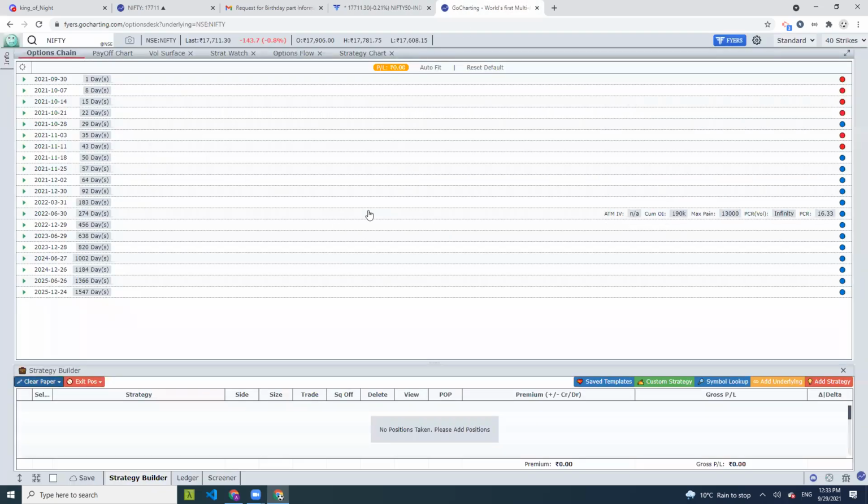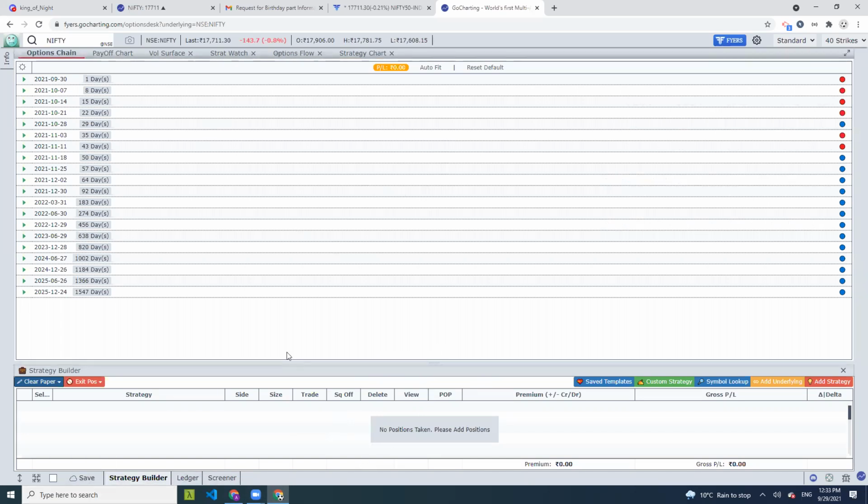If you are already logged in, it will not ask you for another login. But if you are not logged in, it will ask you to log in through your FYERS credentials. So that's how you get to the platform. That's the first part. And then once you're in the platform, what do you see here? You see a platform which has a few tabs on the top, a panel open in the bottom, and a few buttons in the bottom.